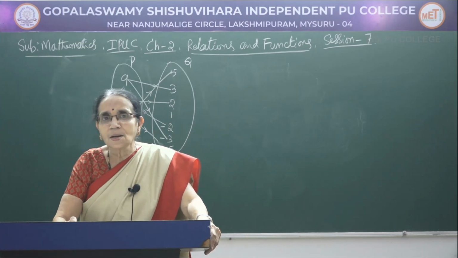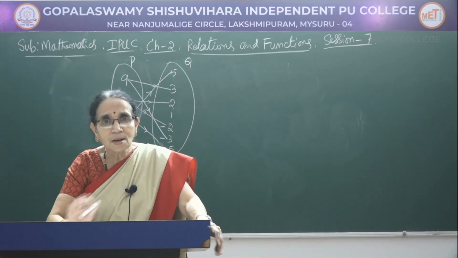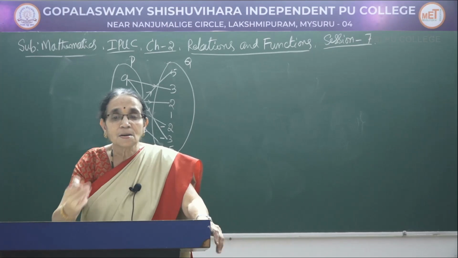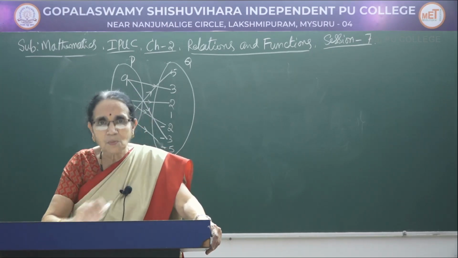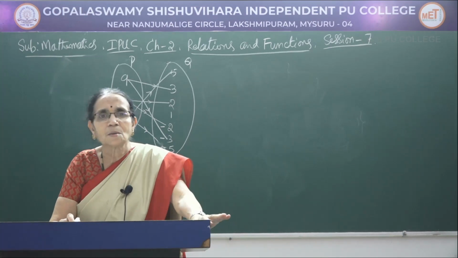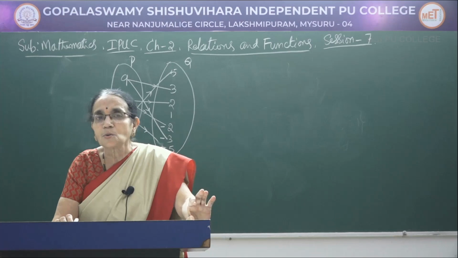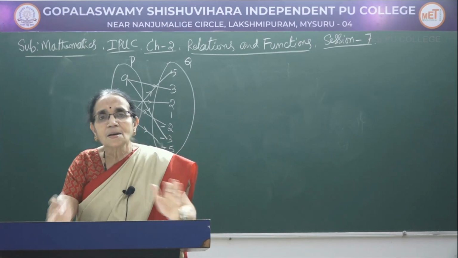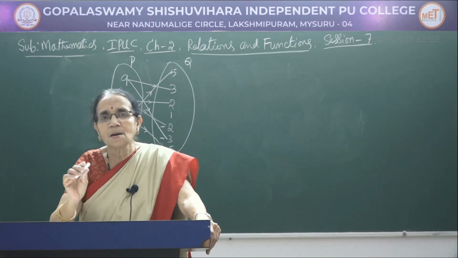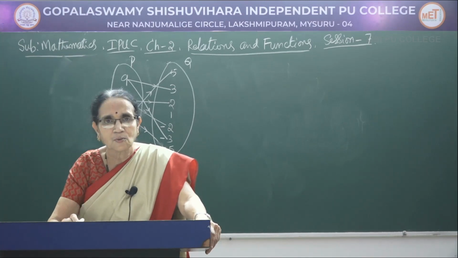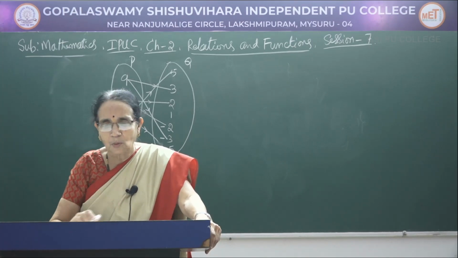But when the relation is asked, you have been asked to write the relation. When the relation is not given and the relation is given in the form of an arrow diagram, when the numbers are given, looking at the numbers, you have to decide what can be the relation. You have to think and understand the relation between the numbers that have been given, and then you can write the relation in the set builder form. That is, what is the rule that is applicable to this particular problem.